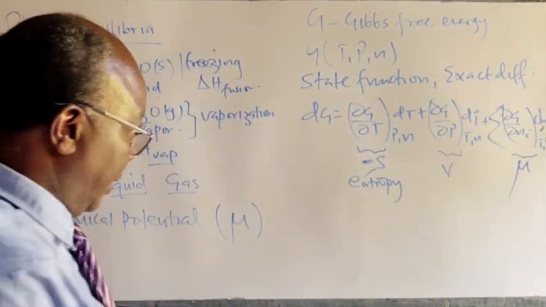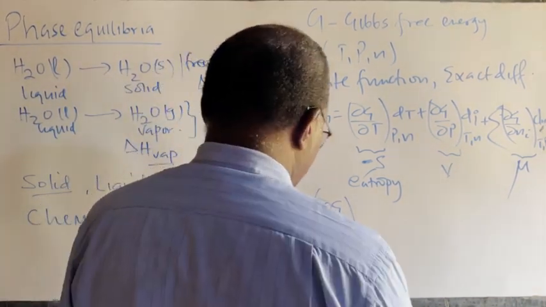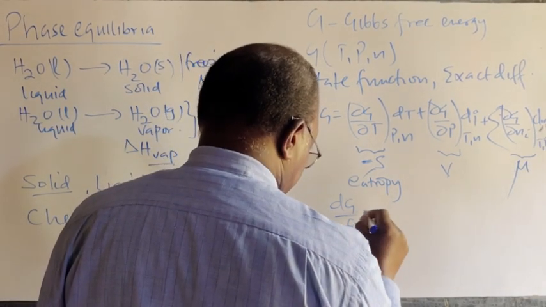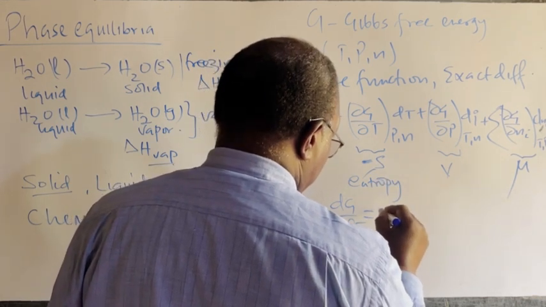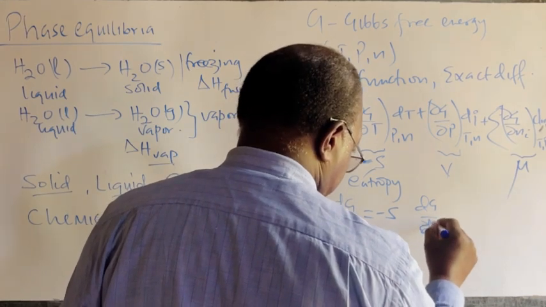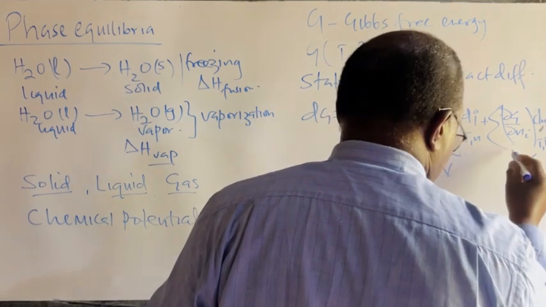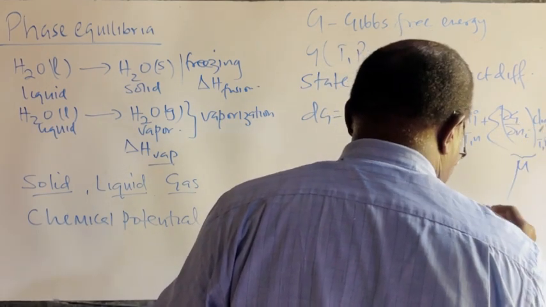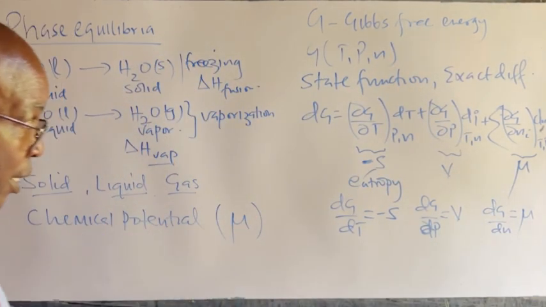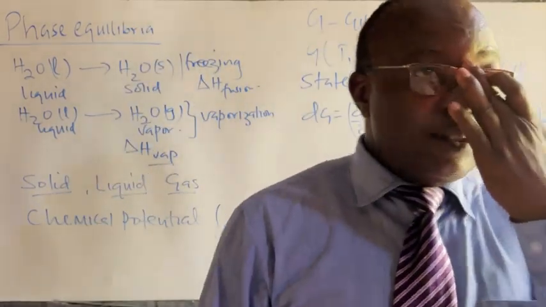In a nutshell, what are we saying? Del G by del T. That is, let's remove the constraints. dG by dT equals minus S, dG by dP equals volume, and we have our dG by dN as our chemical potential. And remember, like we had said in earlier lectures, once again, when we dealt with partial